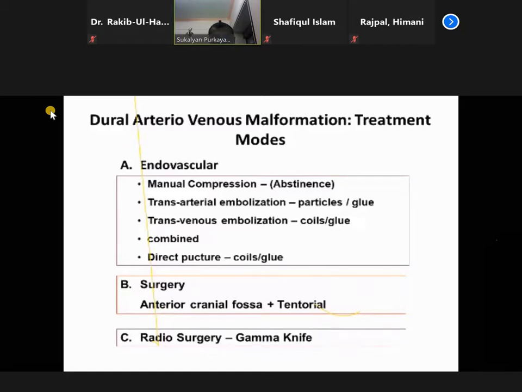So when we see a dural fistula, the good thing is that even if there are hundreds of arterial supplies, they converge to one venous sac in most of the cases, unless it is multifocal, which is very rare. So it happens in one particular venous sac, which may be stenosed, which may be flowing, or which may be totally